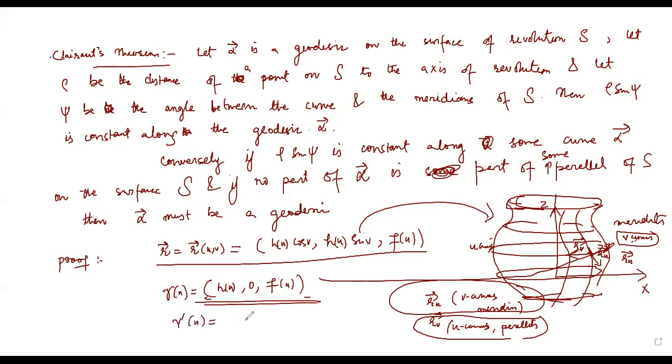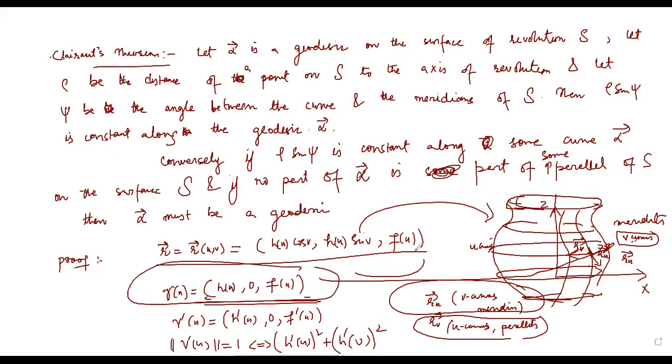अगर ये मेरा profile curve है, let's call it gamma of u, then gamma dash u जो होगा वो होगा h dash u, 0, f dash at u। और जब मैं कह रहा हूँ ये unit speed है, तो मैं कह रहा हूँ gamma dash u की जो length है वो 1 है, which is the same thing as saying that h dash u का square plus f dash u का square is equal to 1। So I parameterize this profile curve in such a way that it's a unit speed curve, जिससे मैंने ये surface of revolution generate की। That means h dash u at square plus f dash u at square is equal to 1।